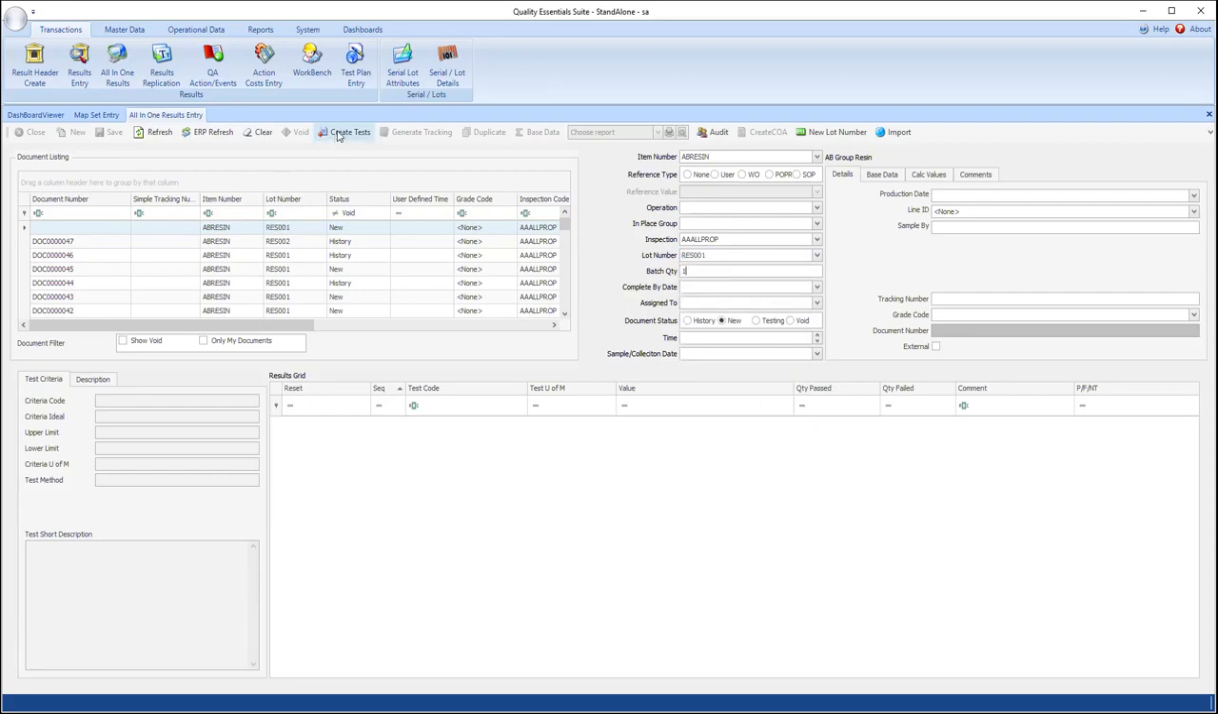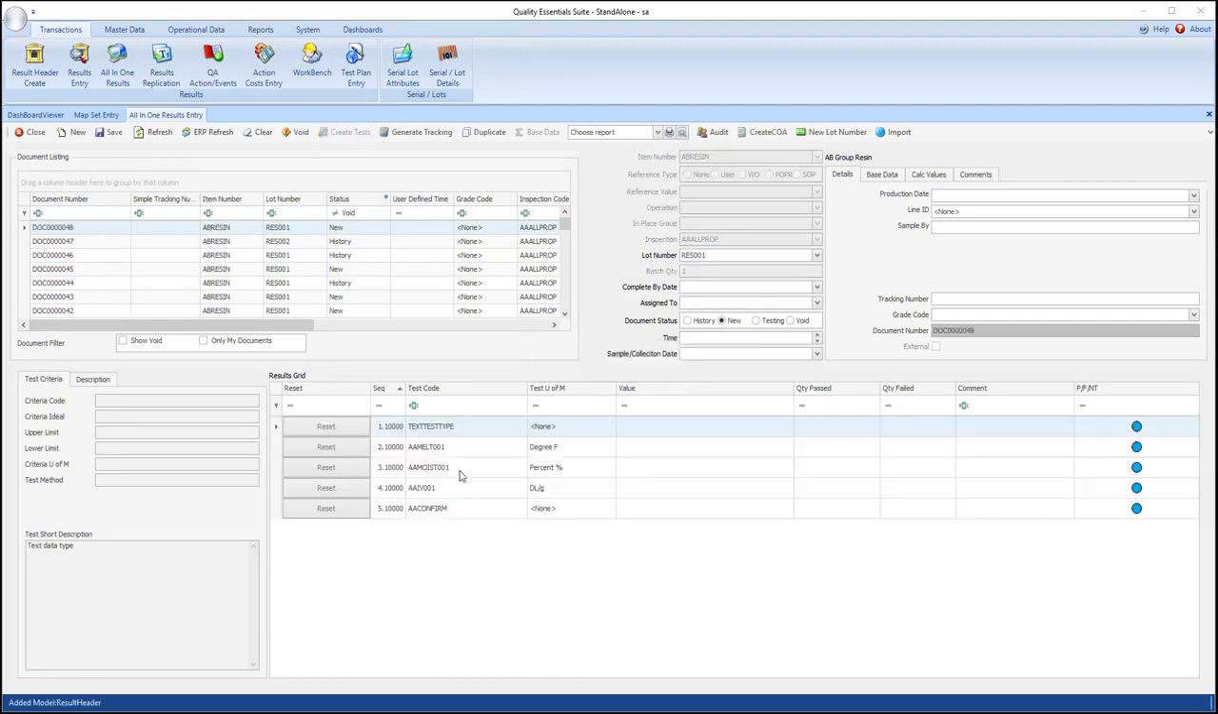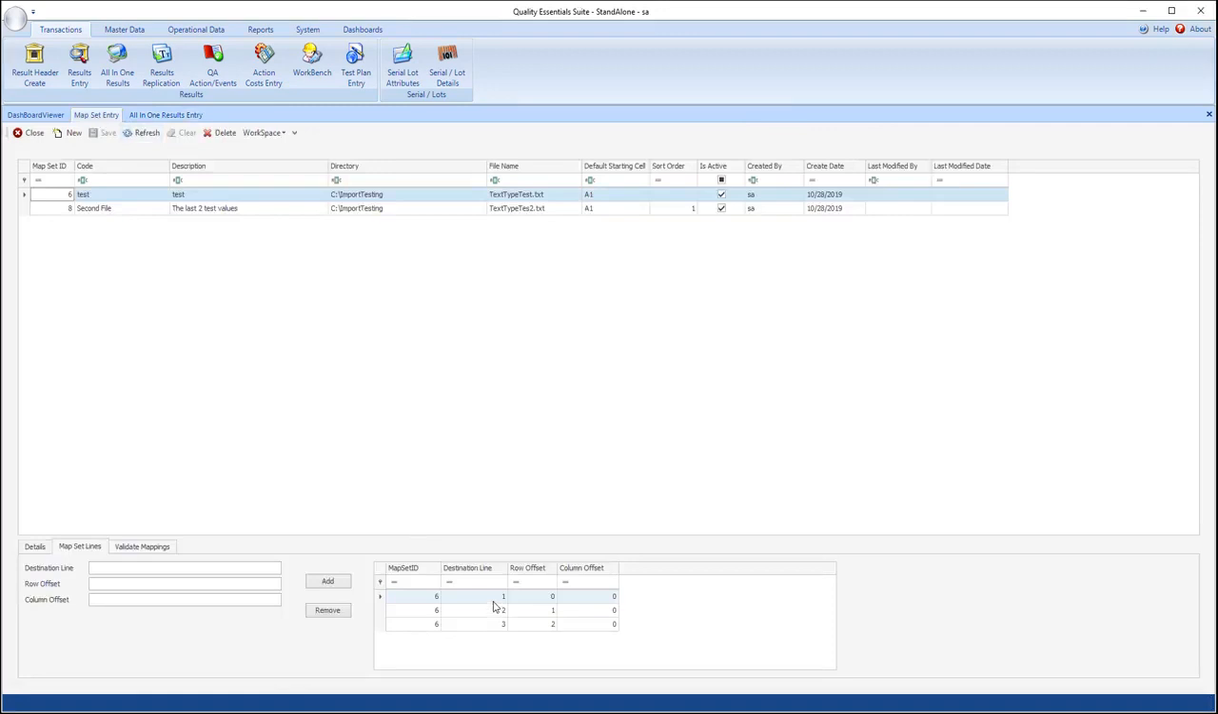Okay, I'm going to click create tests, and those tests are created on the window. Now there's this import button, and that's the button that you're going to be using to import these transactions. So what this map set entry means is it's going to put whatever's in row offset 0 and column